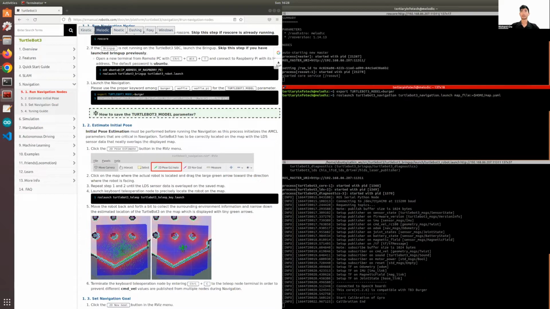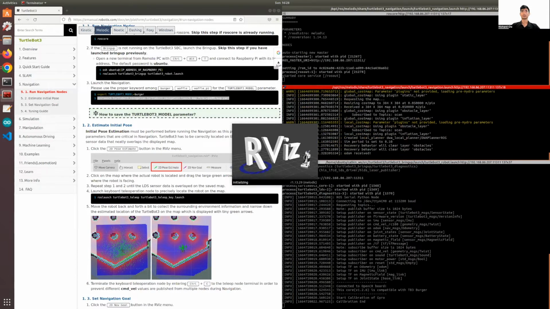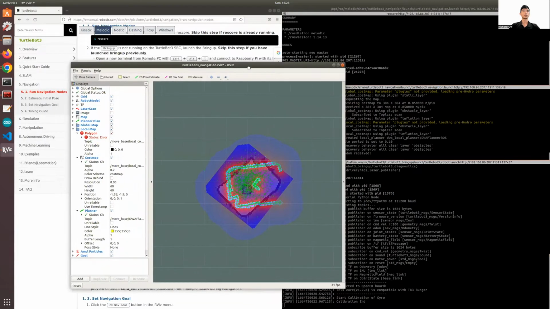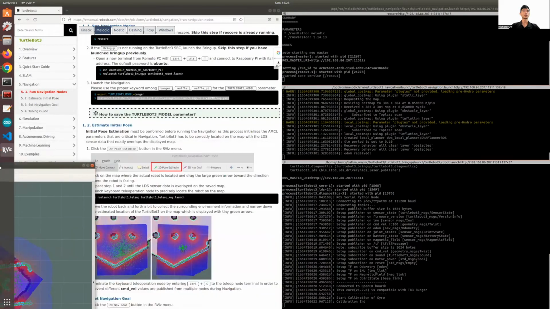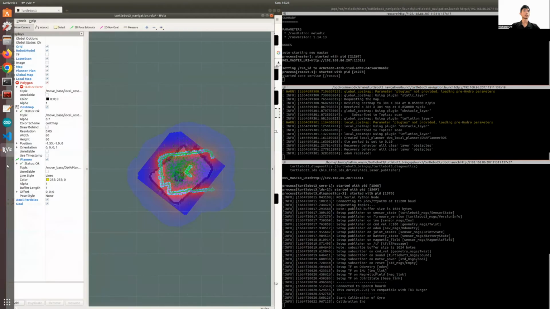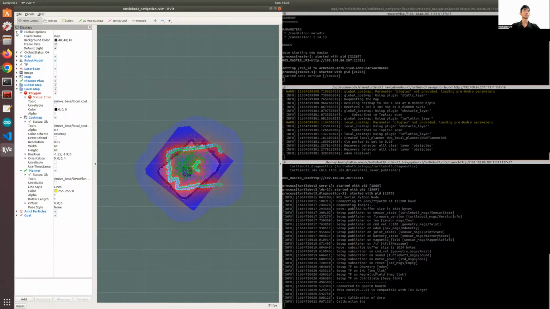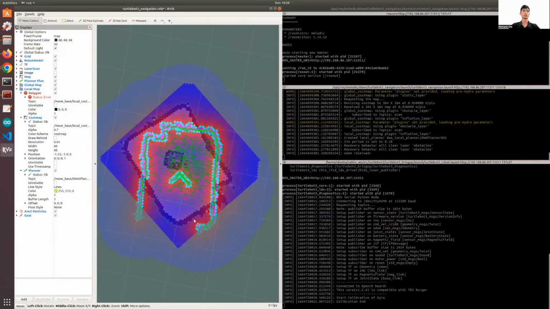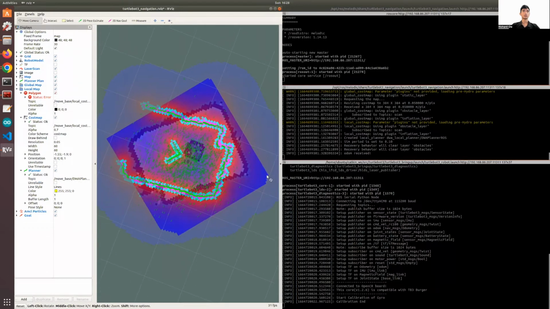First launch turtlebot3_navigation, turtlebot3_navigation.launch. Map file, we'll be using the custom map. There we go. So let's put this here. Okay. Let's see. Bring us closer. Rotate accordingly. As such,